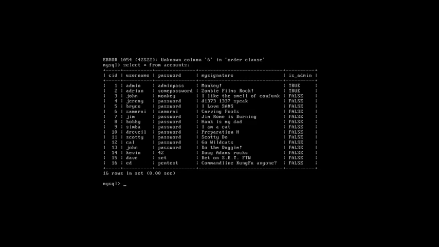Now we'll use the union clause. Select star from accounts where username is equals to test and password is equals to any